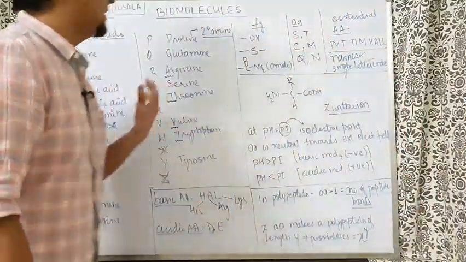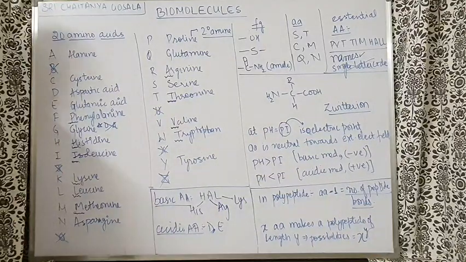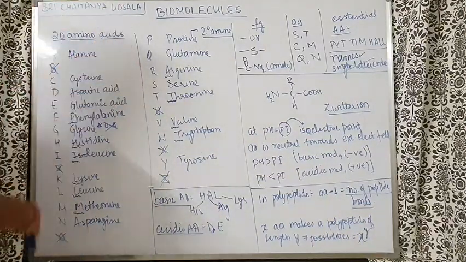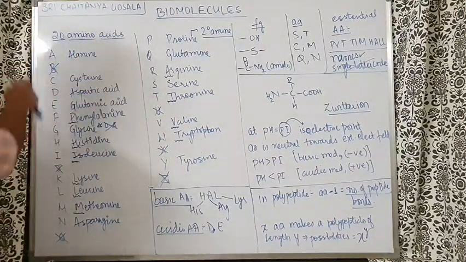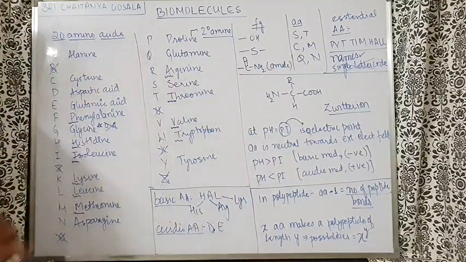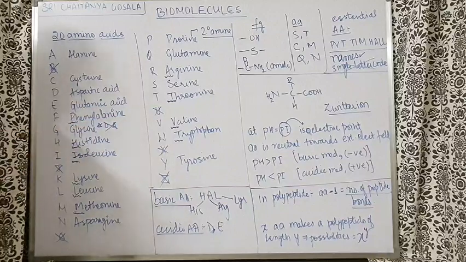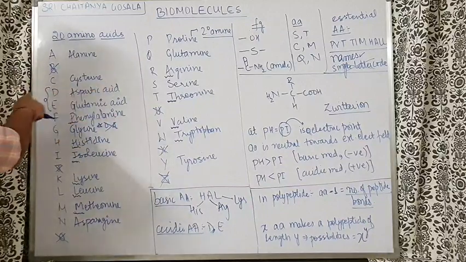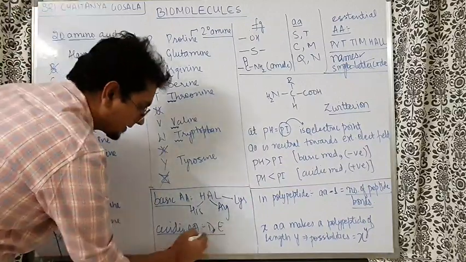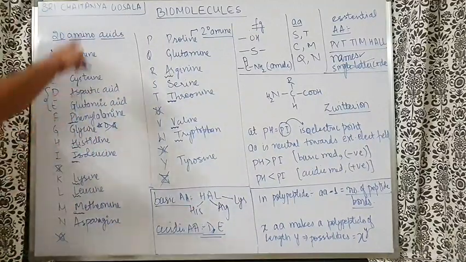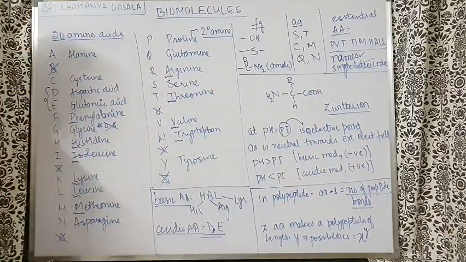Now, there are 20 naturally occurring amino acids you have to study. I have arranged the amino acids in alphabetical order, and they have their single letter codes. Arranging using that, alanine is there, cysteine, D for aspartic acid, E for glutamic acid. So D and E, aspartic acid and glutamic acid, are the acidic amino acids. There are just two acidic amino acids here. Simply you can remember D and E alphabetically.